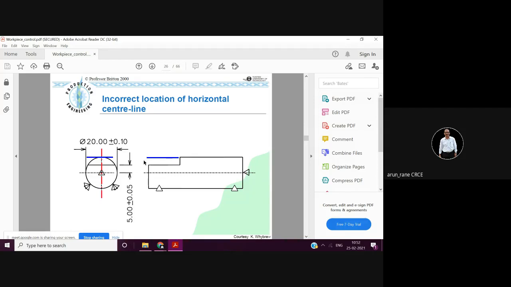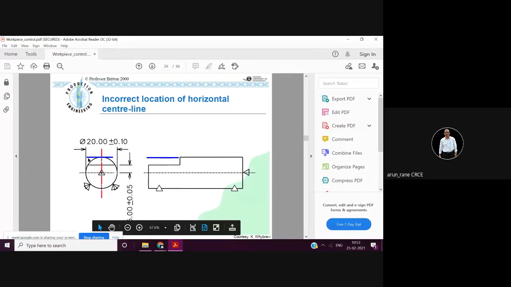Okay, here I set the end mill. Now my first piece is luckily 20.00. On my end mill I have positioned here. So after milling I got exactly 5.00 plus minus 0.05. Now suppose, we are not going to disturb this end mill position. We are not going to move it up and down. End mill will move like this only, in this direction only. It is going to do facing either in this direction or perpendicular to this plane. But it is not going to move up and down because that height is set in order to achieve this dimension.